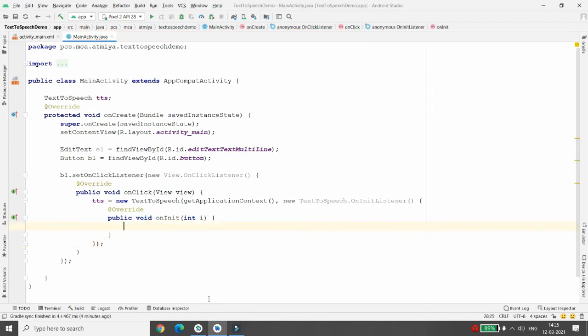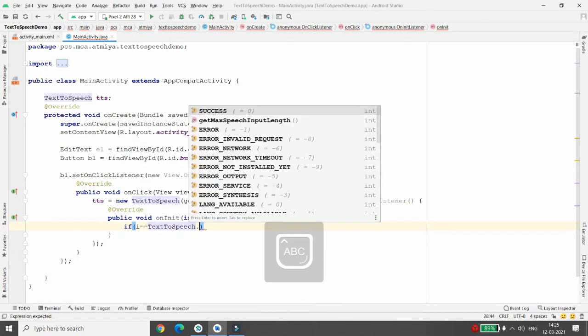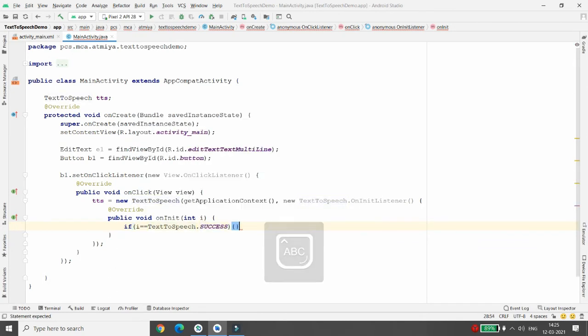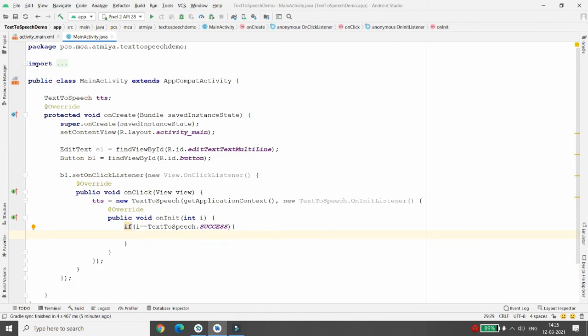Now here in the onInit function, we can check whether the status is a success or not. So here you can write if i equal, this i is a variable declared in the onInit function. So you can write here if i equal TextToSpeech.SUCCESS. If it is success, then I want to speak. So what can we set? We can first set the language.